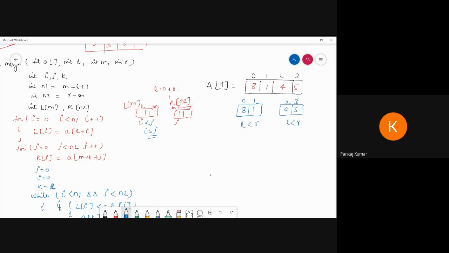L is less than R? Yes, that is true. Then further division, so I am going to divide further. Here we get 8 and 1, and then 4 and 2, and 5 and 3. Is L less than R here? We have to check both cases, meaning we have to check 4 times. L is less than R?